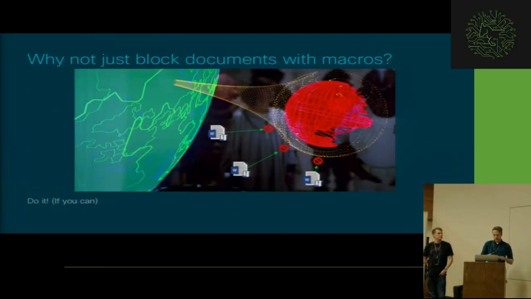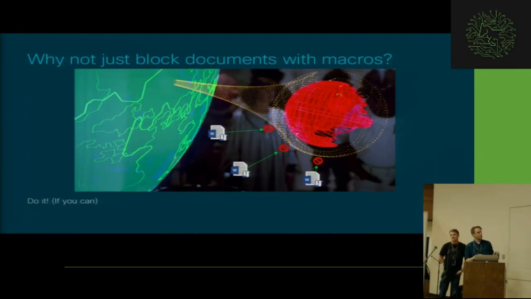Okay. I've told you about this malicious macro problem. I can tell you how to solve it immediately. And that is, if you can block any document coming into your email gateway from outside that has a macro, just do that. The problem with this approach is that, like I was saying before, commerce is really conducted through a lot of the use of a lot of these documents. So unfortunately, for the product we sell, we are given unknown Office documents with macros, and we're expected to give a verdict. But if you can do this, please do it. We don't have that option. I know a lot of people don't.